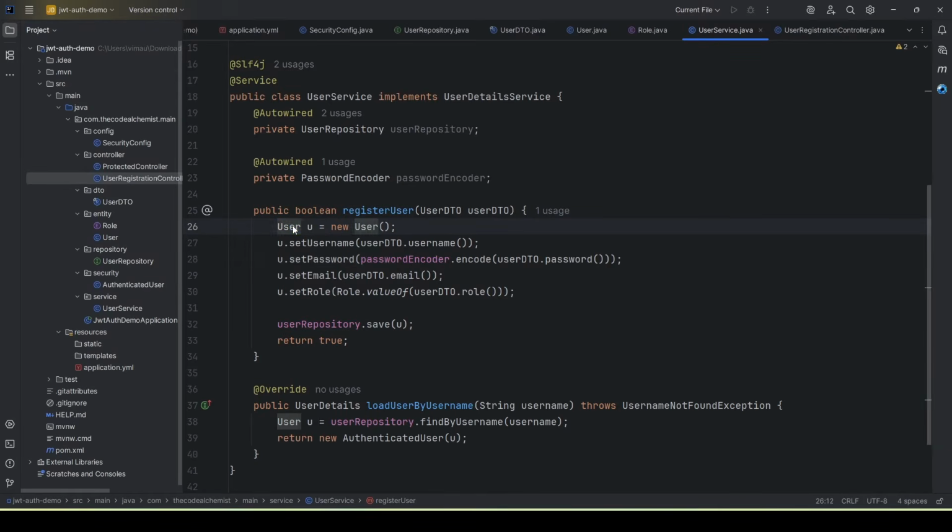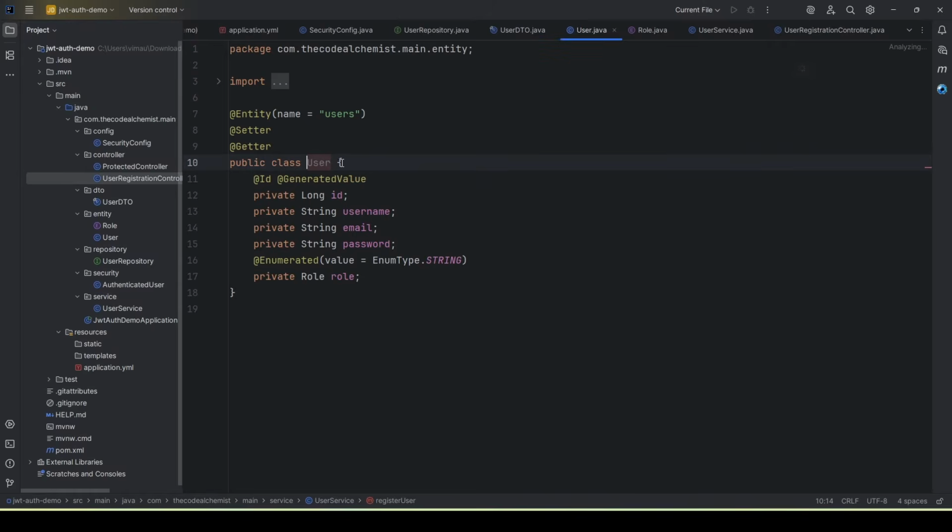Now this user is the JPA entity. So let me open this up. And you can see this is the user entity, which is mapped to the users table. And it has several fields like ID, which is the primary key, username, email, password, and the role. And you can see we are